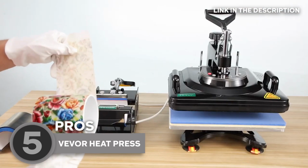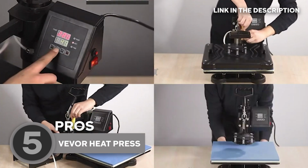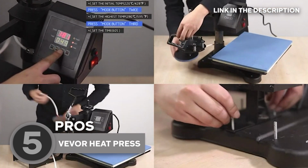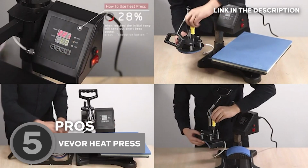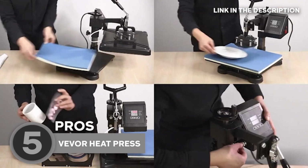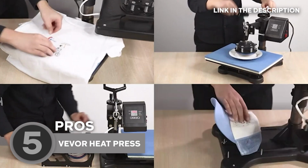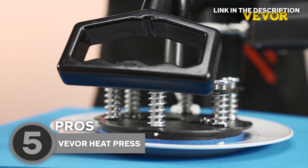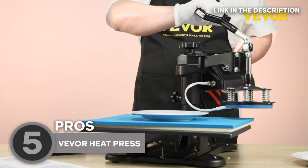In terms of usability, the heat press excels in user-friendliness, even for beginners. It comes with clear instructions, making setup and operation a breeze. Plus, its compact design and manageable weight make it remarkably convenient for storage and transportation, adding to its overall appeal. What's more, it incorporates essential safety features such as an insulated handle and an automatic shutoff function. These precautions help prevent accidental burns and minimize the risk of overheating, providing users with peace of mind throughout their